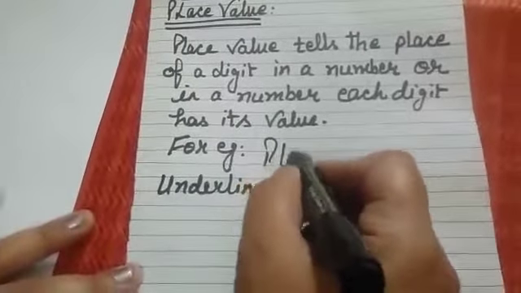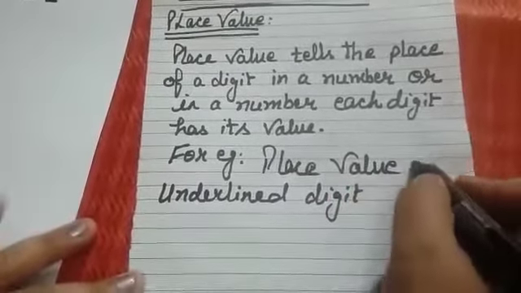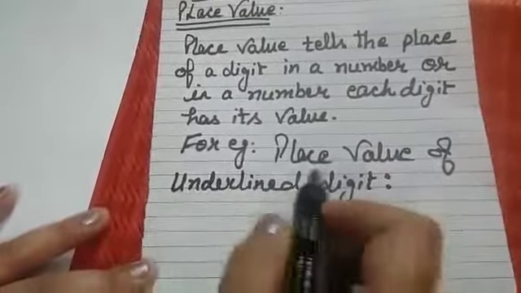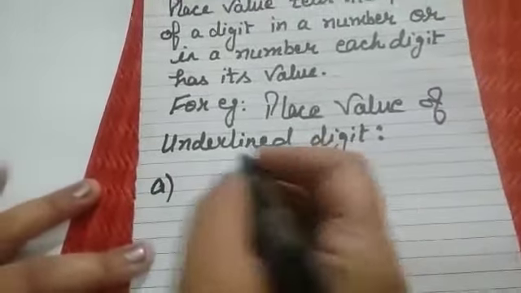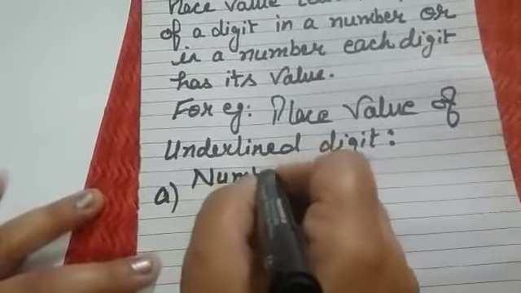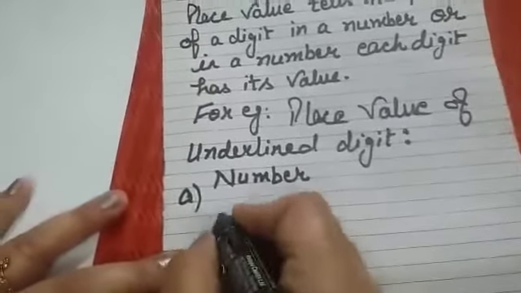Place value of underlined digit. Is it clear? So first I am taking here, I will write number, right? So I am going to take first number is